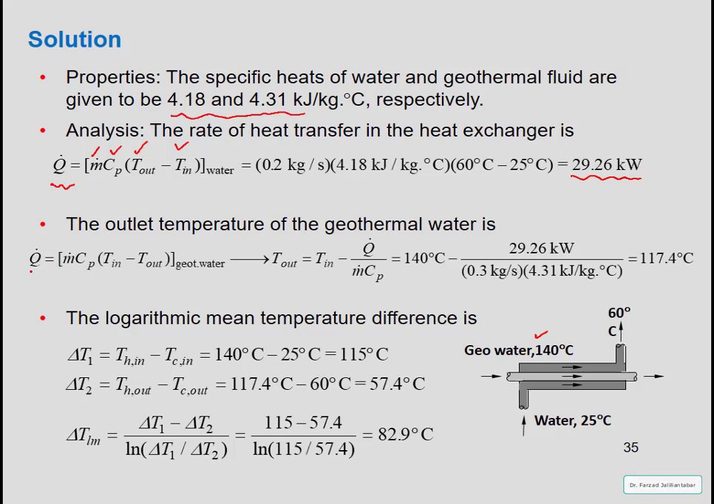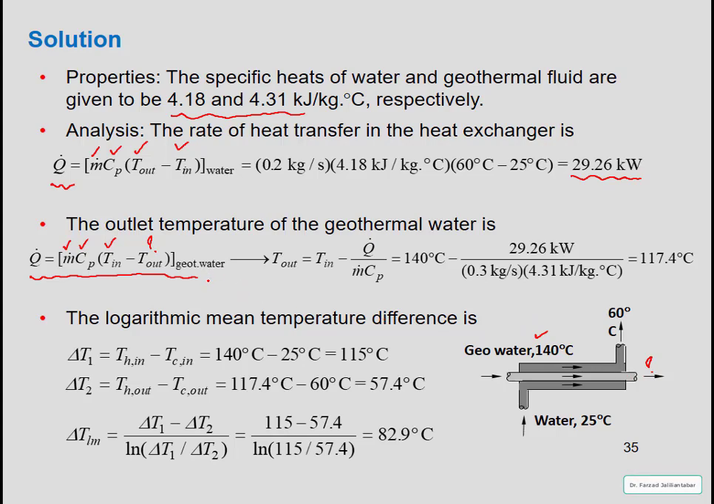The rate of heat transfer for the geothermal water, or the hot fluid, can also be found by the general equation: Q dot equals, again, M dot Cp (T in minus T out) for the geothermal water. Here we know the M dot for that water, we know Cp, and we know T in as well. What about T out? We don't know how much T out is, but